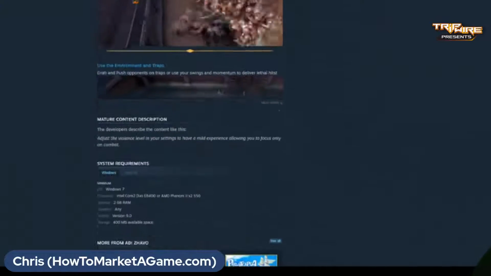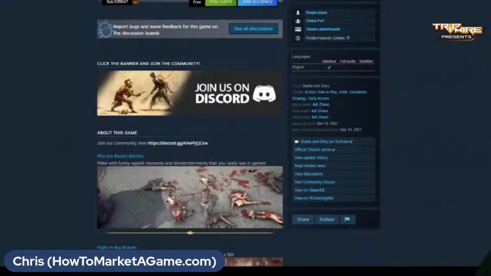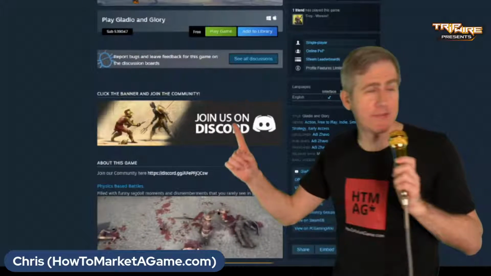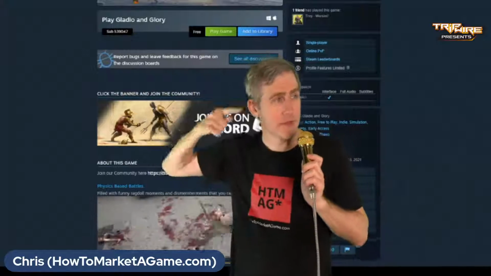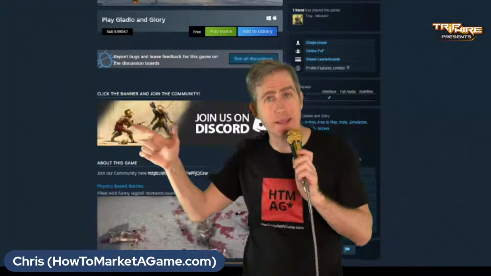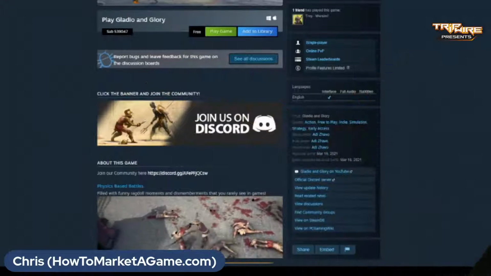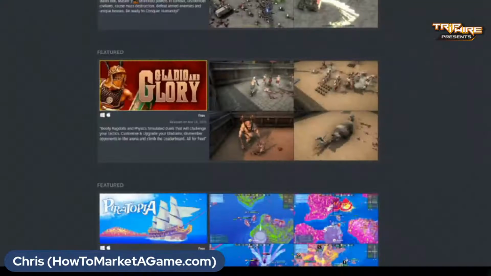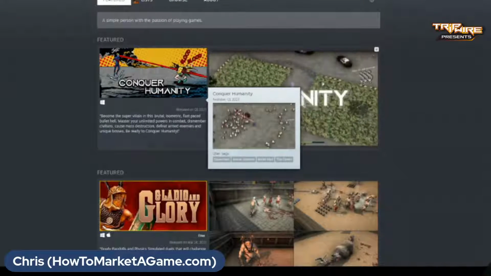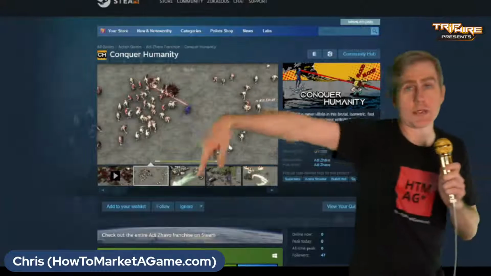So I would expect, it's called a widget, an iWidget. Instead of this join our Discord, I would say play your next game. And then it's an iWidget. If you just put the URL here, it'll link to your next game and you get a lot of cross traffic that way. And it's really good. It's a really good way to get people to your Conquer Humanity page. Get all your old games and link to it.